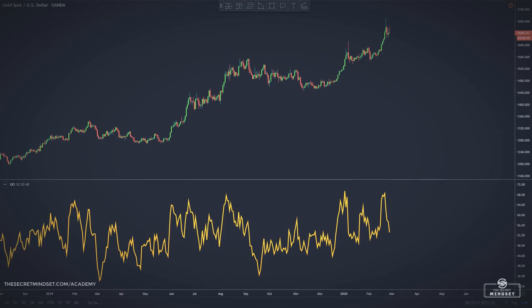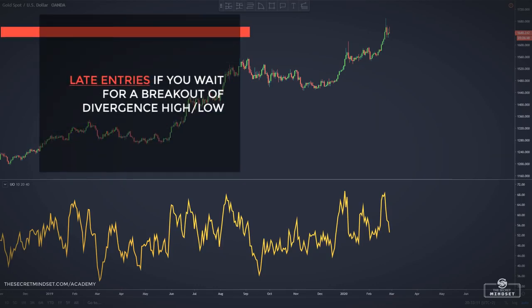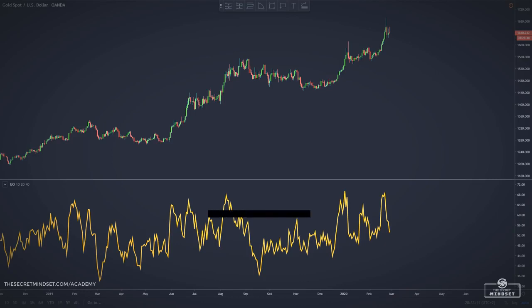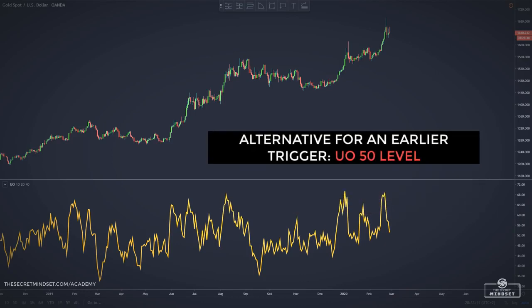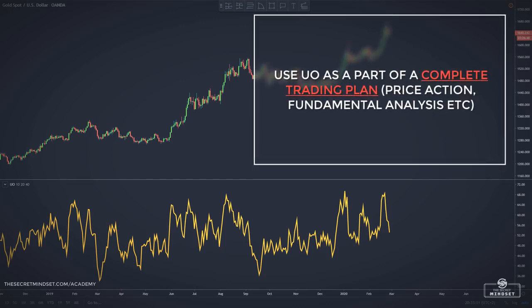Maybe the most important note is that waiting for the oscillator to move above the divergence high for a bullish divergence or below the divergence low for a bearish divergence could mean a poor entry point, as the price may have already run significantly in the reversal direction. That's why I told you I try to skip this step and enter earlier in my trades. So, as with all indicators, the ultimate oscillator shouldn't be used in isolation, but rather as a part of a complete trading plan. And such a plan must include other forms of analysis, such as price action, other technical indicators,